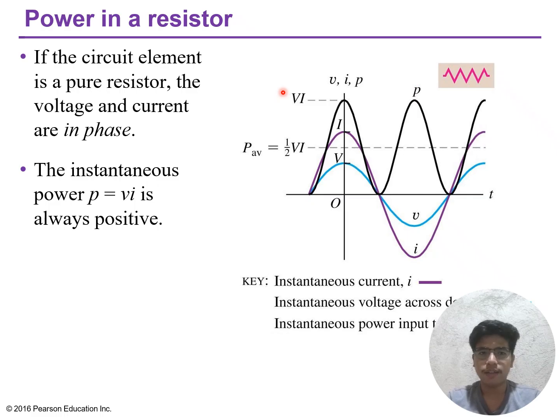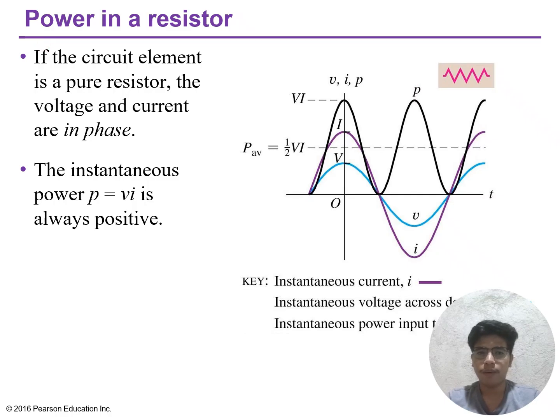Unlike reactive elements, resistors consume real power continuously, making them the only circuit elements that dissipate energy irreversibly. So the graph clearly shows how P(t) oscillates at twice the AC frequency but remains positive, reflecting the quadratic nature of the V times I product in phase sinusoids. These fundamental behaviors are used for heating elements,